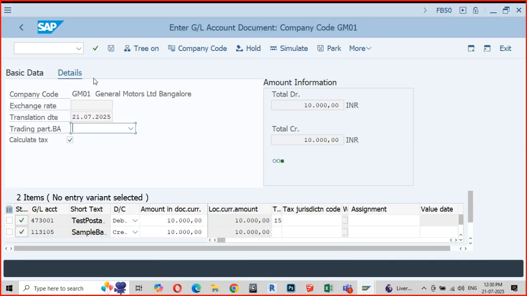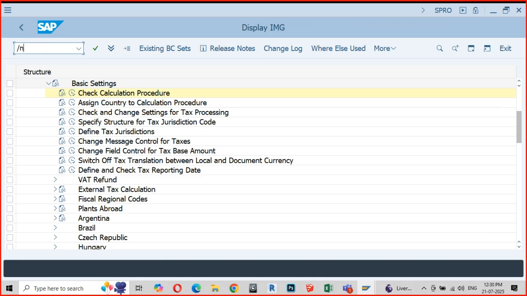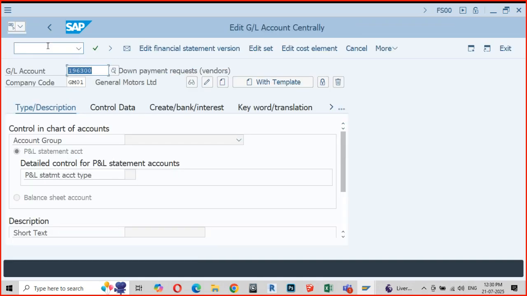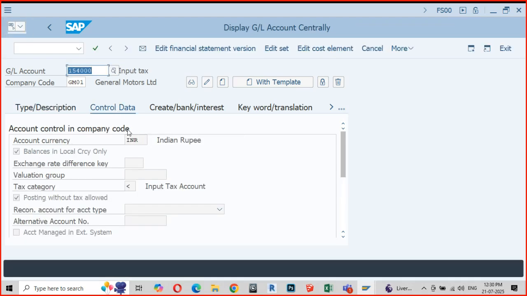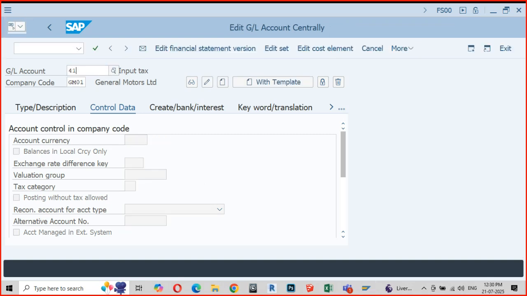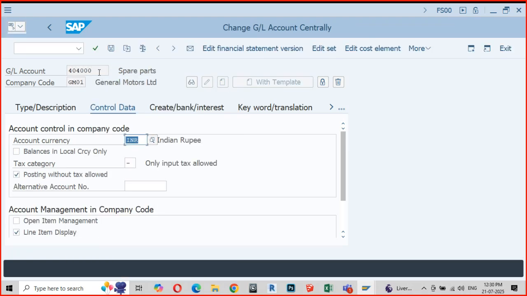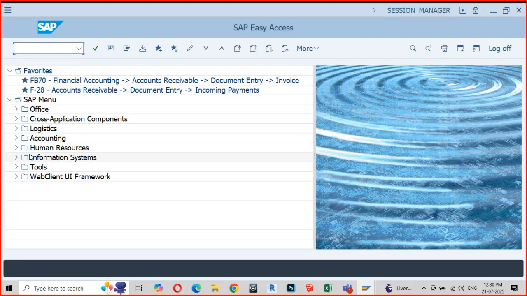Okay, what I'll do is postage. Don't worry, don't worry. Okay, I'll make a vendor posting.